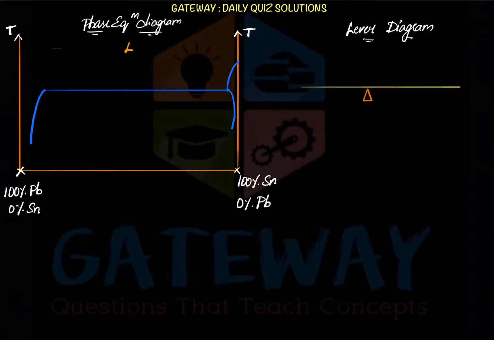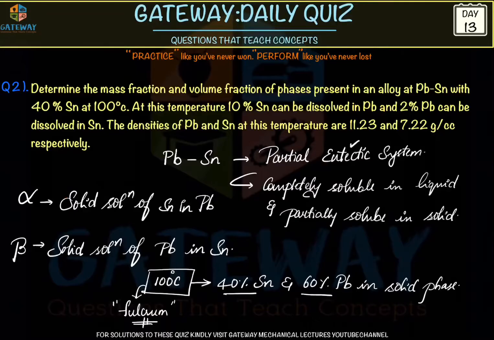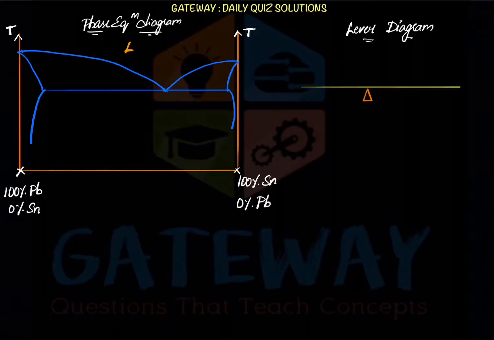It will be somewhere here. Eutectic point will be somewhere here. Okay, this is our phase diagram. Generally it is formed like this. This is the liquid phase, and here this is the Pb side. So on the Pb side, in the question it is given a solid solution of Sn in Pb. So whatever we measure in the left hand direction is the Sn in Pb. So Pb is the major constituent, and we'll be measuring what percent of Sn is present in that. Since Pb is the major content, this is called the alpha, that is the solid phase of Pb.